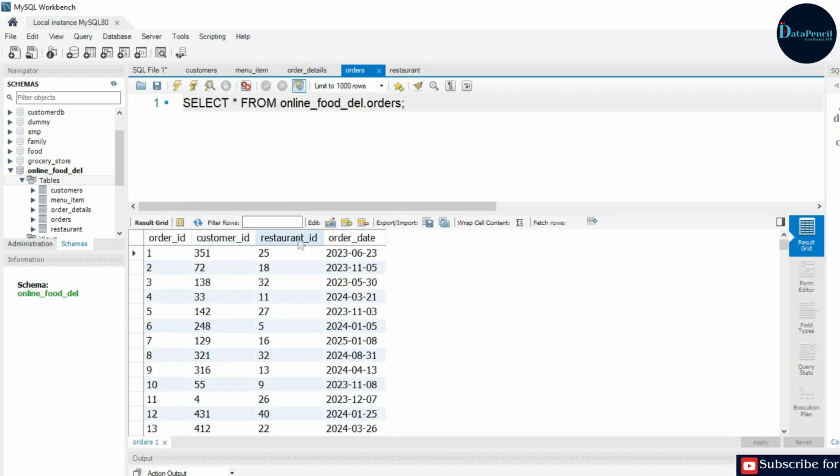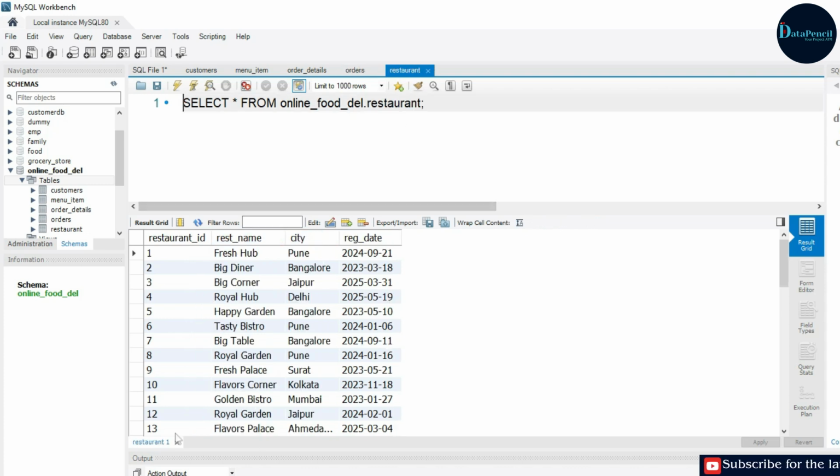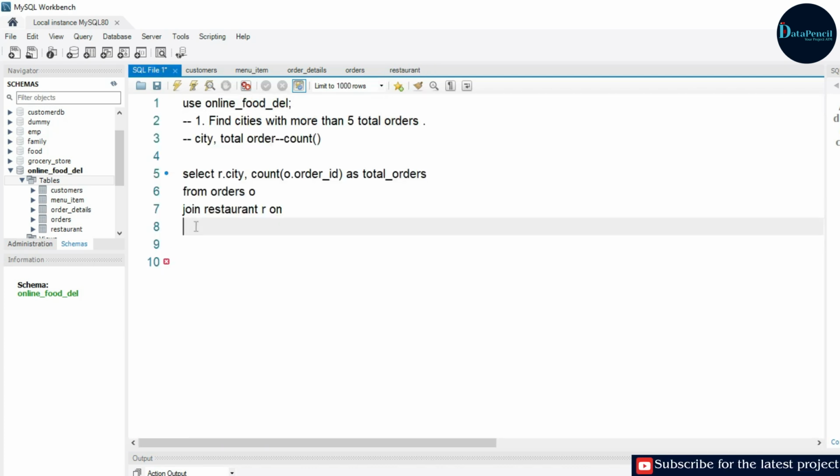Here you can see restaurant ID, and in the restaurants table also it is restaurant ID. So we have to find the name of the common column, which is restaurant ID here. So let's write ON orders table's restaurant ID is equal to restaurants table's restaurant ID.